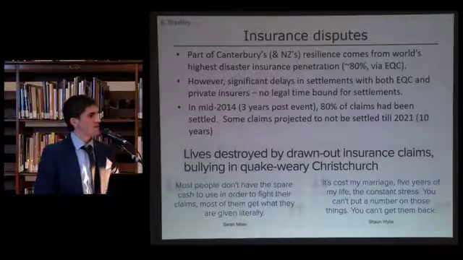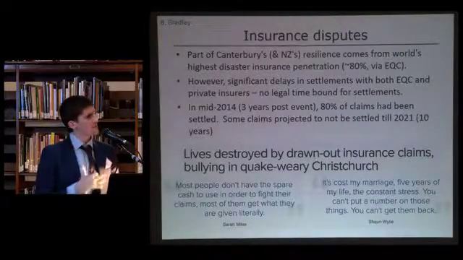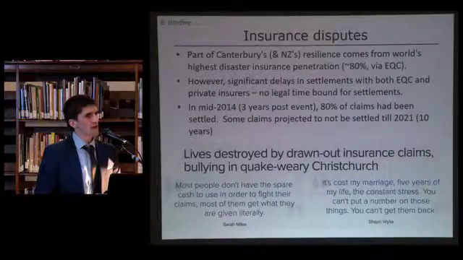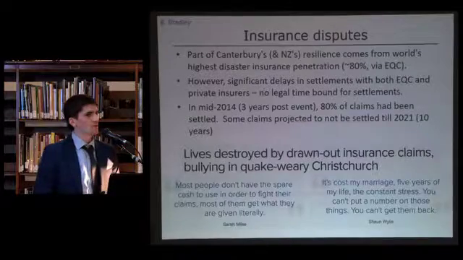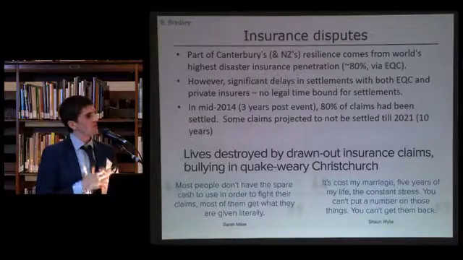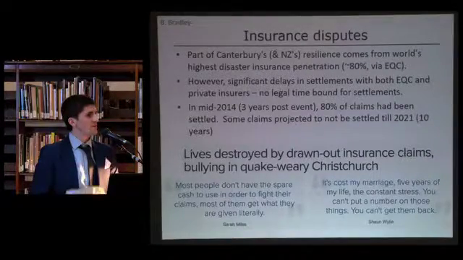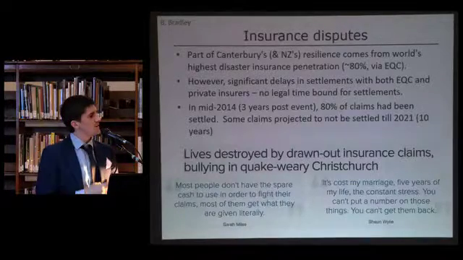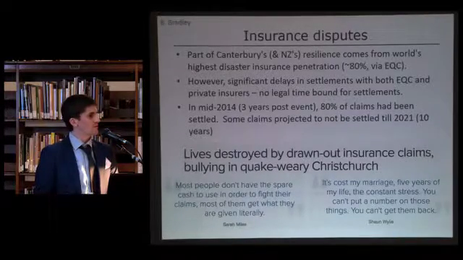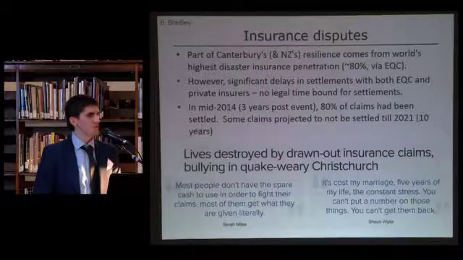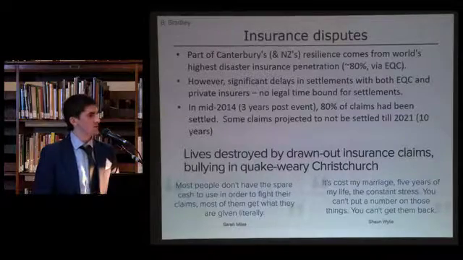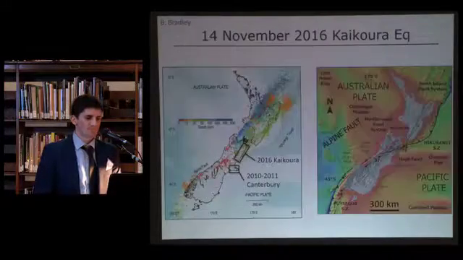This is a couple of snapshots from some newspaper articles which really is highlighting some research that's come out by psychologists over the last few years, which quite clearly through different authored reports indicates that for many people the stress associated with having the insurance discussions with their insurer was actually much more than suffering through the earthquake itself. So I think that's a real highlight there in terms of the importance of mitigation, is that if you can try and avoid damage in the first place, you can be in a much better situation.